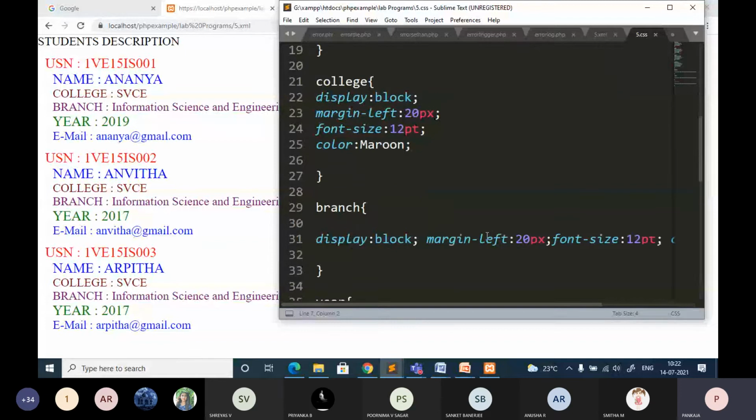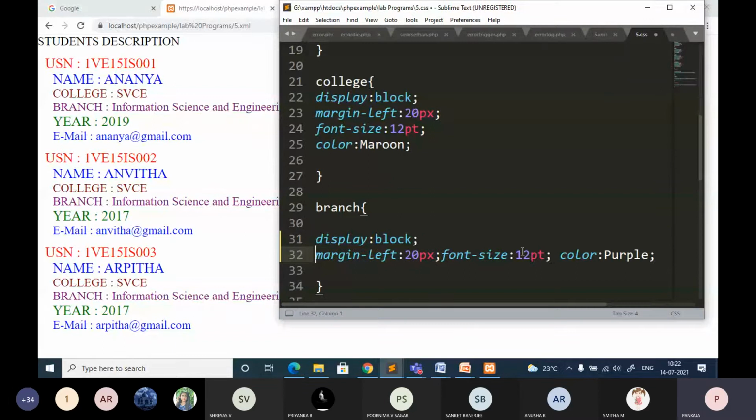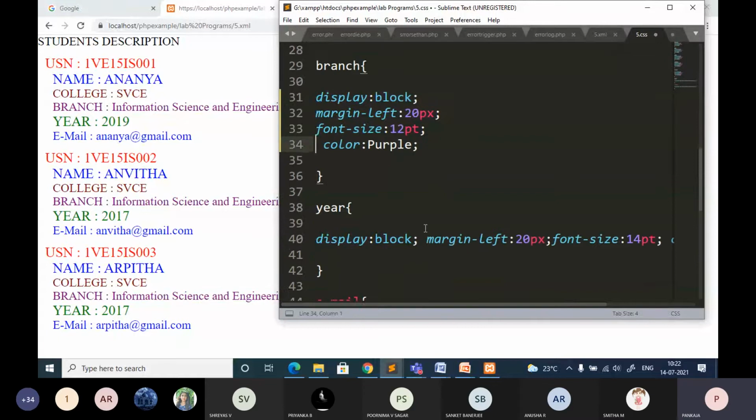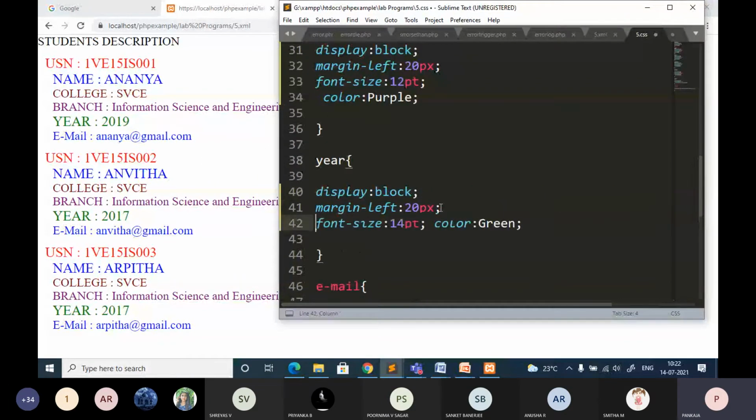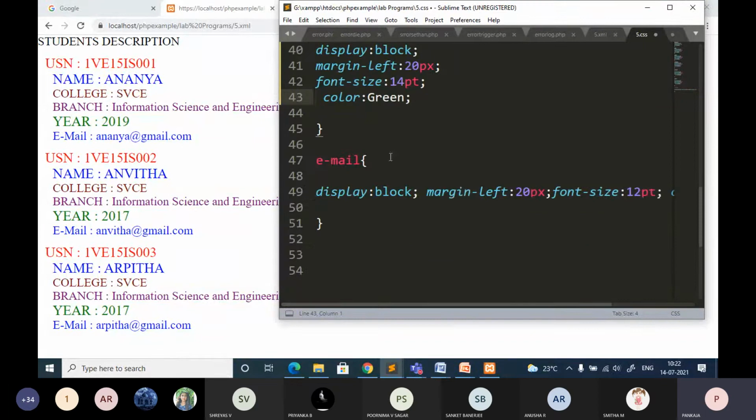Similarly branch: margin left is 20 pixel, font size is 12 pt, and the color is purple. Then year: margin 20 pixel, font 14 pt, and color is green. This is how it works. Similarly you can follow for email.